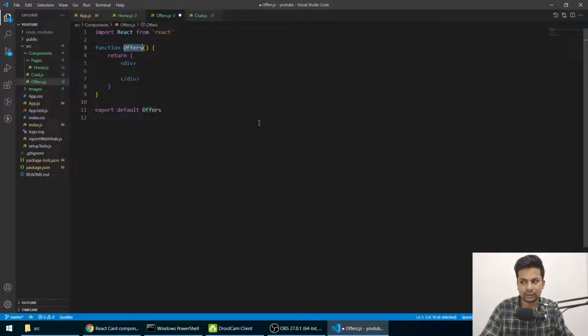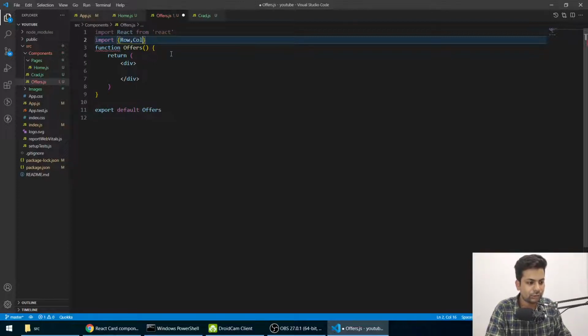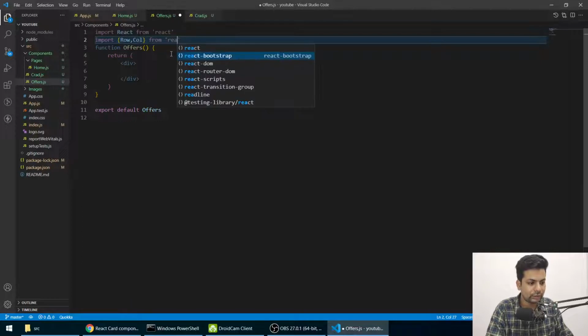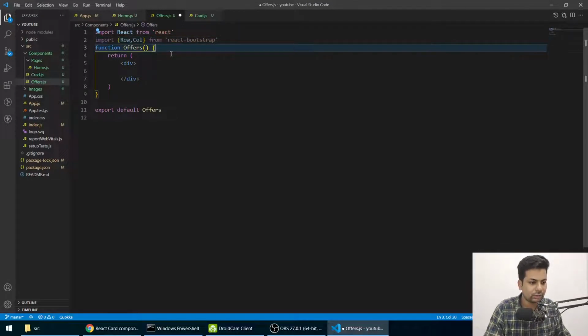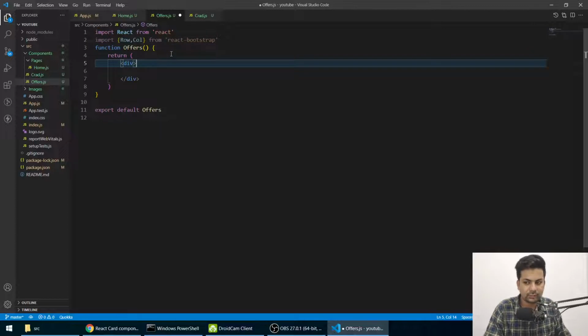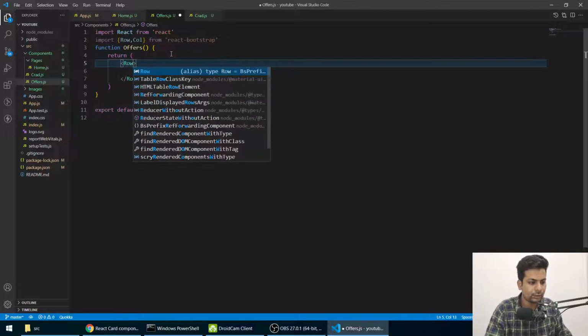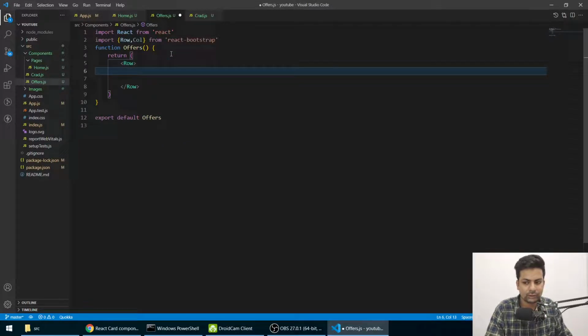Okay, everything is done. Now here we'll also import some row, column. We'll say row comma column from React Bootstrap. Now we'll make it row, then we'll say column.